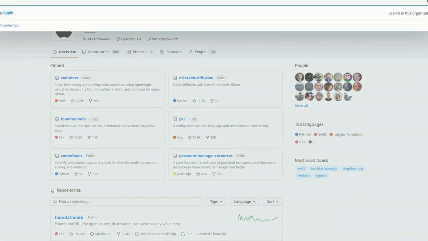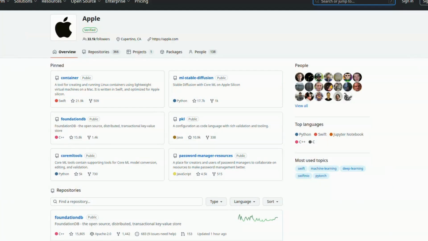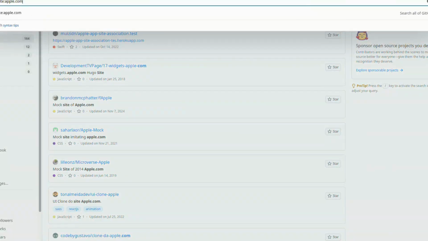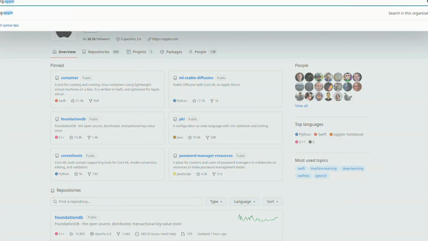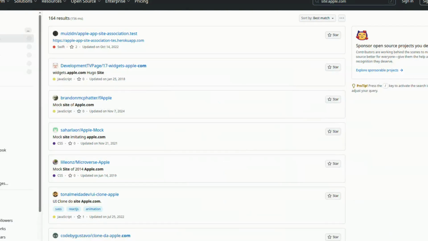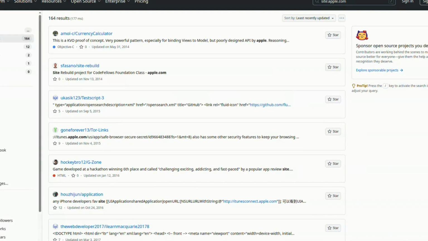You can also do site apple.com, which shows results related to apple.com, or as I told you, org:apple. And with site apple.com, you need to sort by recently indexed, because when you search code, you should choose recently indexed instead of best match, because old credentials are likely to be expired and the fresh results will matter.